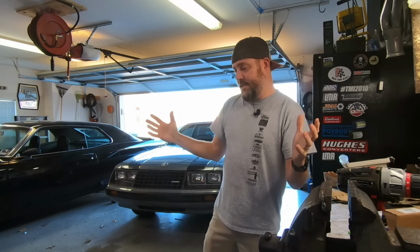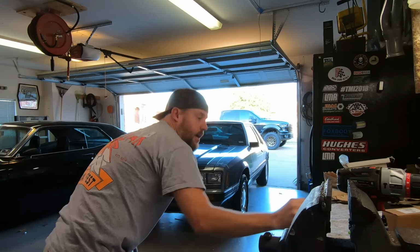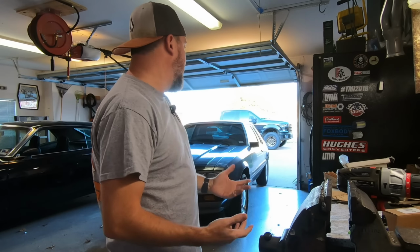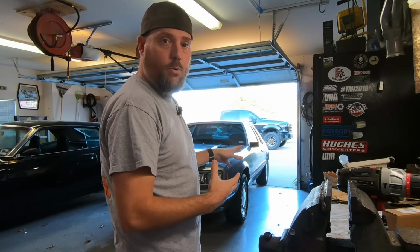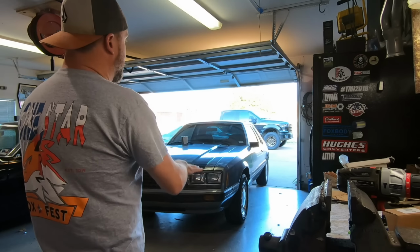Whew, man, that's a mouthful. I'm winded again. I'm telling you guys about everything I'm doing here. So we're picking up suspension parts for it. The idea is to just start getting everything collected so that once I do roll it in here, we can start tearing it apart. And I don't mean that in a bad way, but I mean really getting the car ready for paint and prep, the underside ready for all the suspension parts, get it nice and lowered and dropped down,